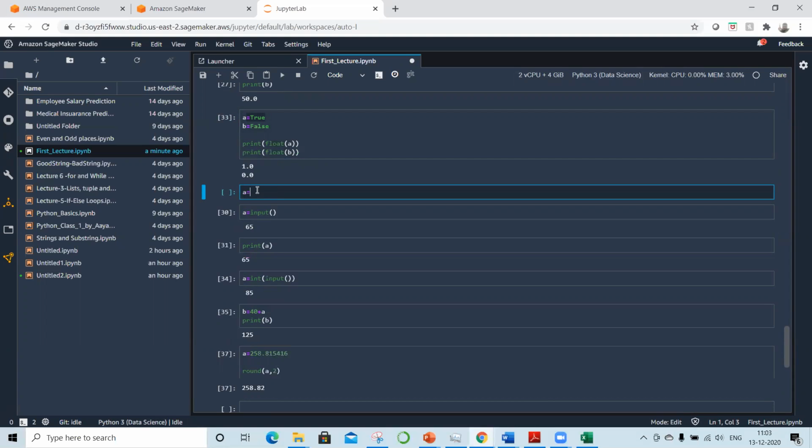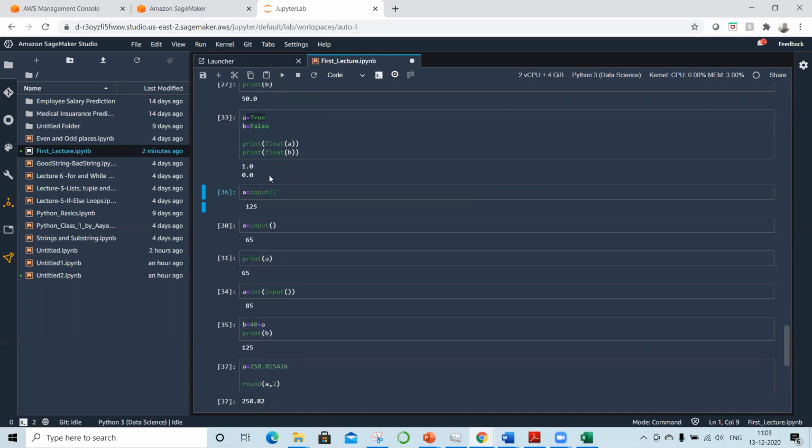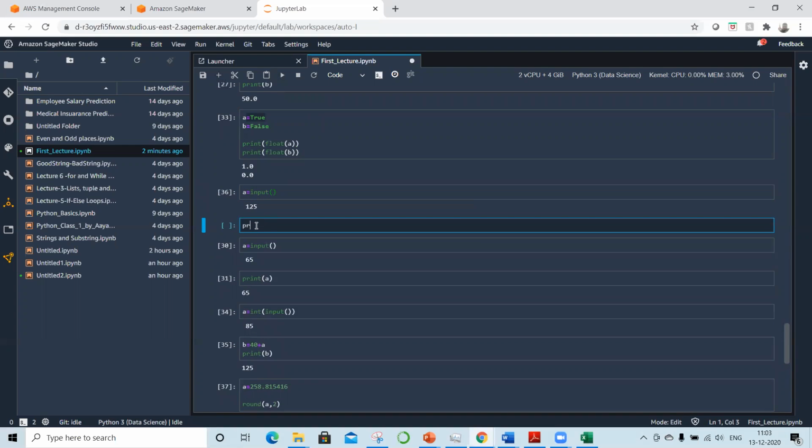So what you do is we write A is equal to input. Okay. So if you do this and if you run, you get a box here and you can put some value in it. So you can put 125 and you can press enter again. So now A has taken the value of 125. So if I print A,